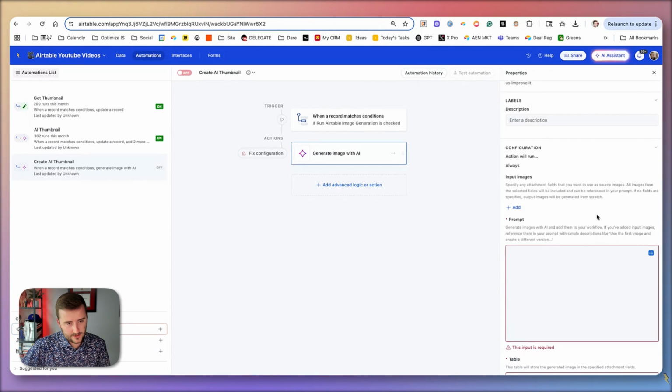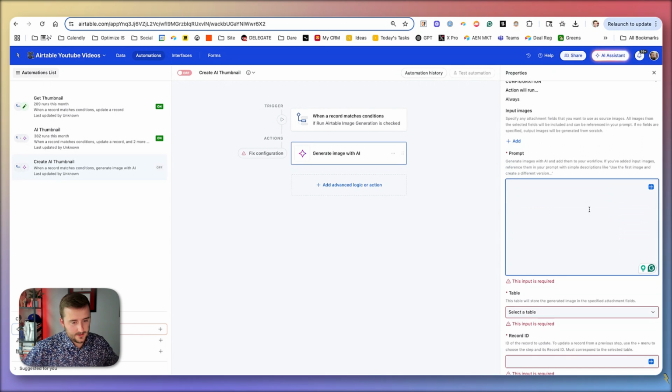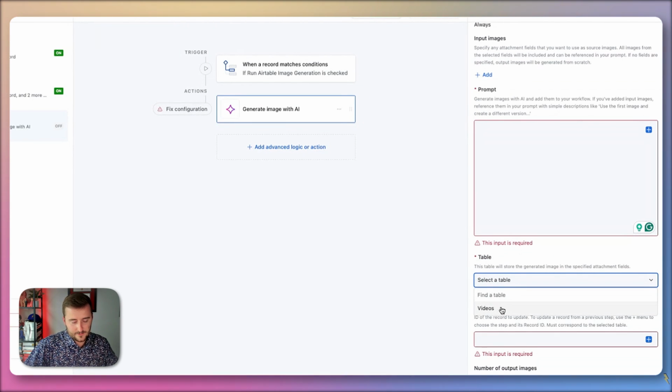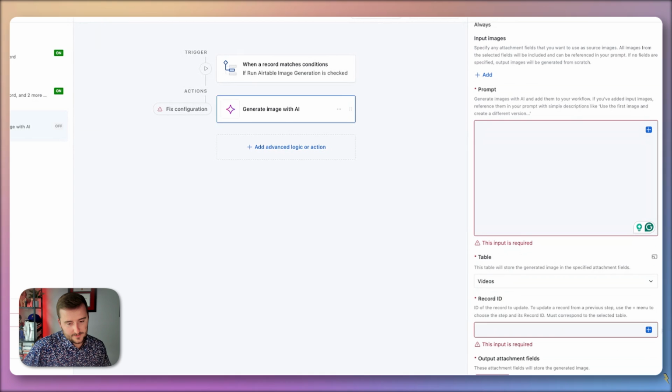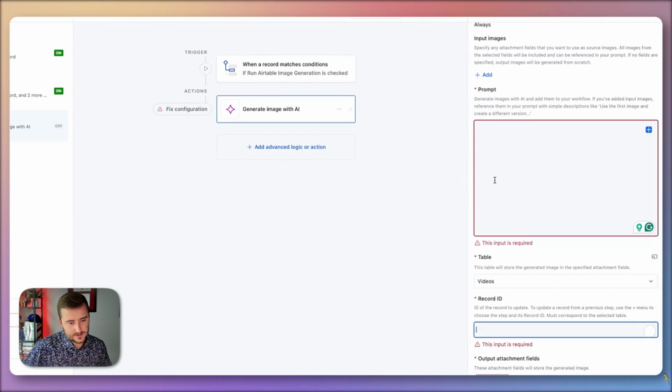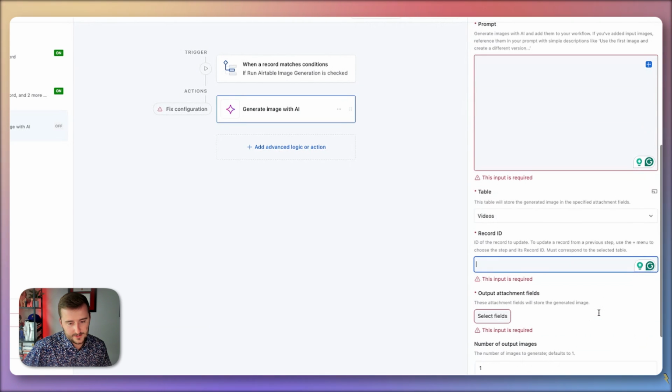So I'm going to do it without any images. Let's do the rest of this first, because the prompt is the fun part. You pick the table and then you feed in the record ID. In this case, the table is just going to be that table that I triggered off of, and the record ID. This is where you want to, oh no,